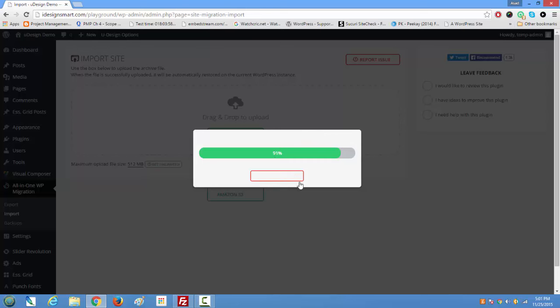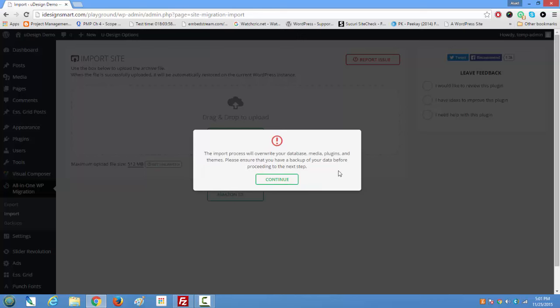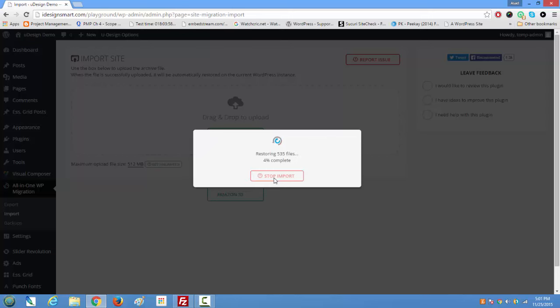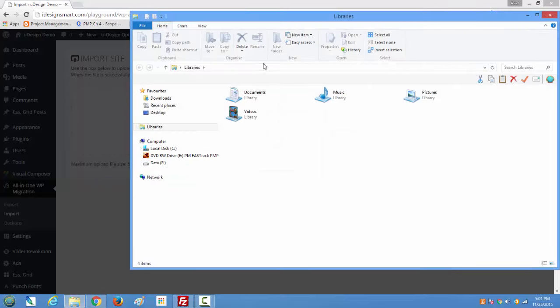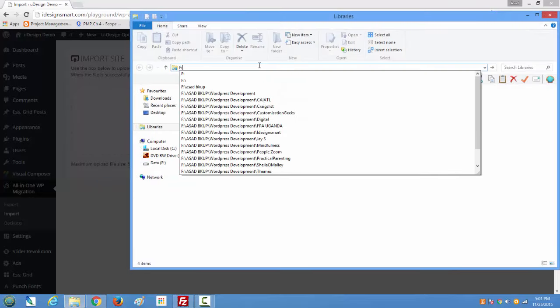So it's almost done now. And once it's done, it is going to pop up a warning saying your database is going to be replaced. I will go ahead and say continue. And you should be careful if you already have a lot of content on your website, because it's going to overwrite all that data. So basically, if I open that folder where all my stuff is,